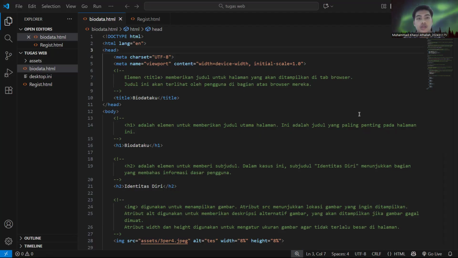First, let's look at the overall structure of the HTML document. The document starts with the doctype HTML declaration. This tells the browser that this is an HTML5 document, which is the latest standard for HTML. Next, we see the opening HTML tag with a lang attribute, which indicates that the content of the page